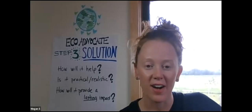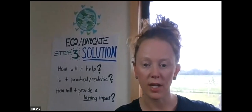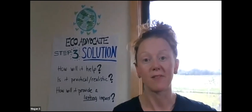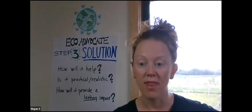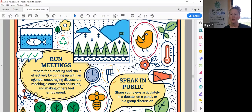Okay. All right. Now, in this badge program for the eco-advocate, they have a number of helpful resources as well as we prepare to move into step 4, which is the advocate one, which is where we're going to start reaching out. So just in preparation for that next step, I'm going to show this piece here, the advocacy skills. And so this is another piece of research. So in addition to your topic and the solutions that you're going to look into, you're going to want to think through